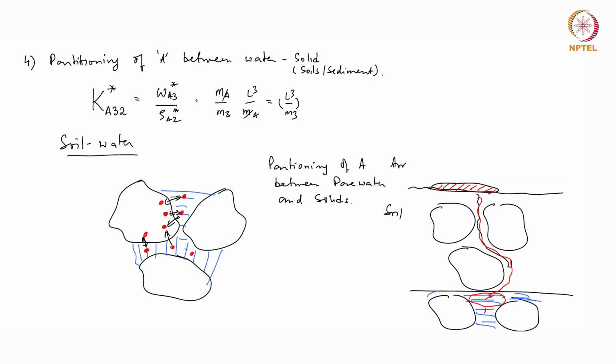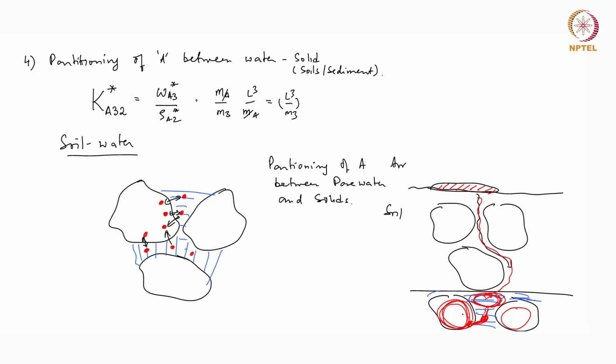What will happen to the chemical that is sitting there and first sees the pore water? As soon as it comes in contact with pore water, what will start happening to the chemical? It will dissolve into the water. When it dissolves into the water, it can also come in contact with the solid. From the water, it can enter this, get accumulated on the solid,